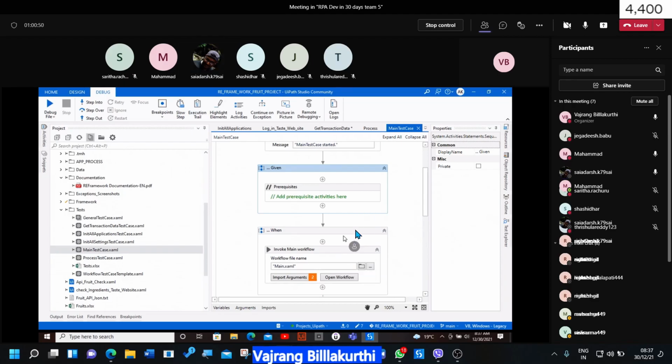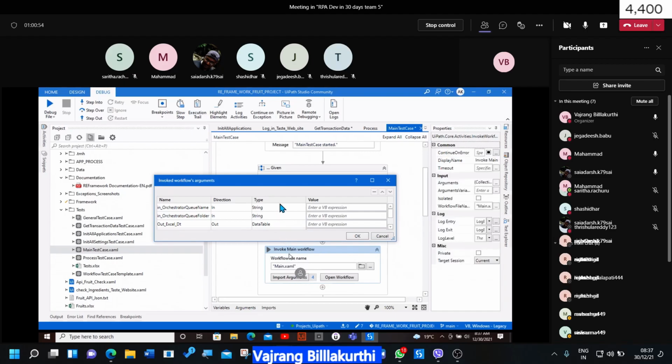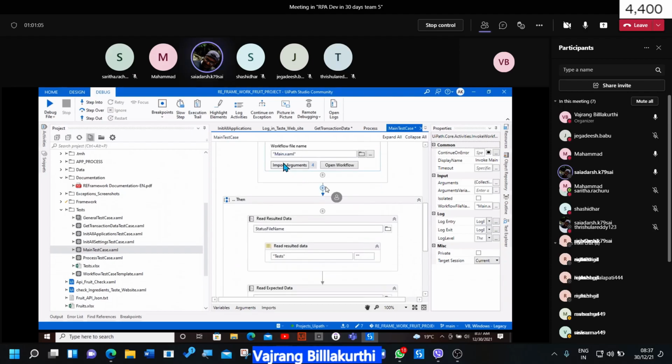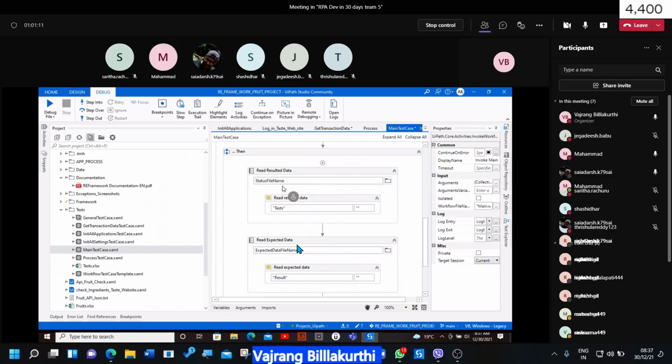When you execute this particular workflow, why did you add Excel and browser in arguments? These are not required. When you execute this, there is an expected result.